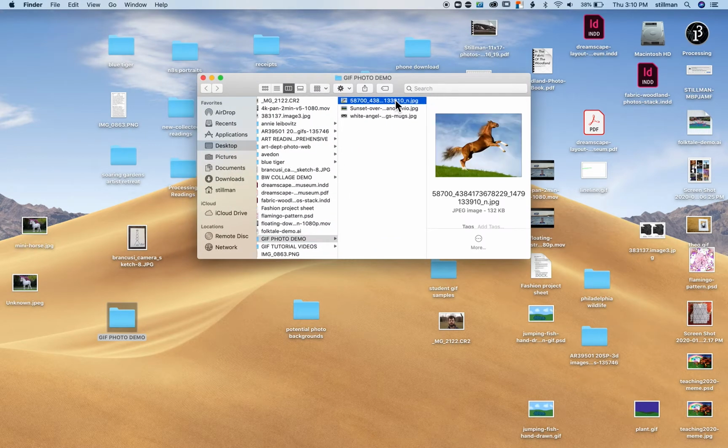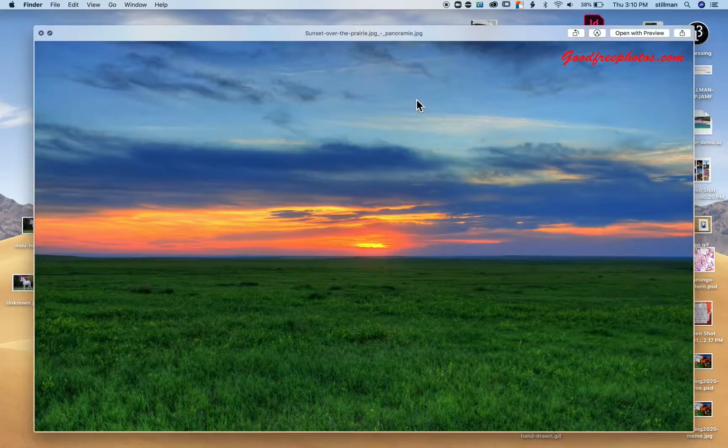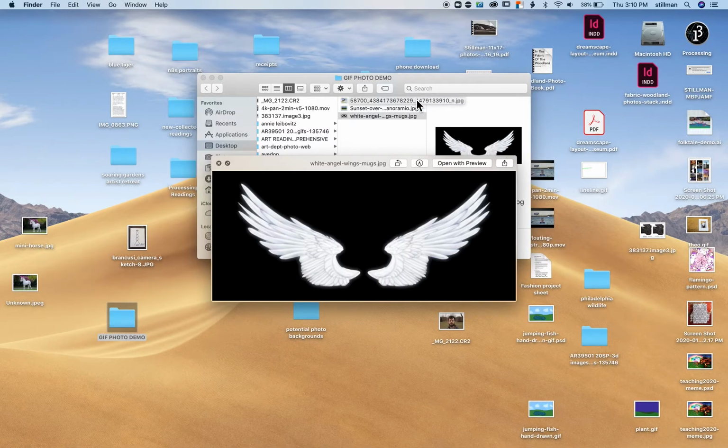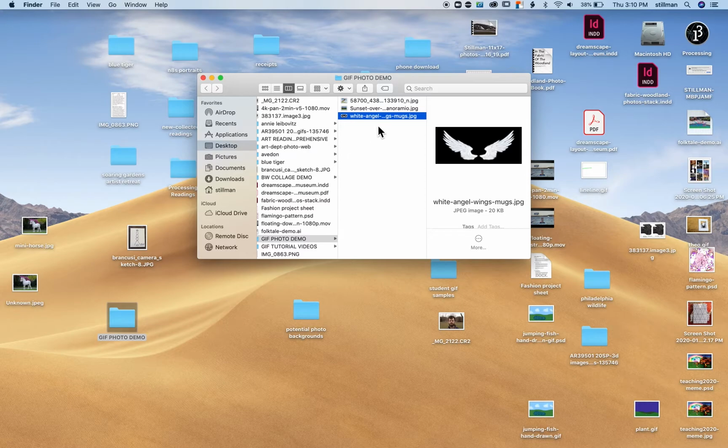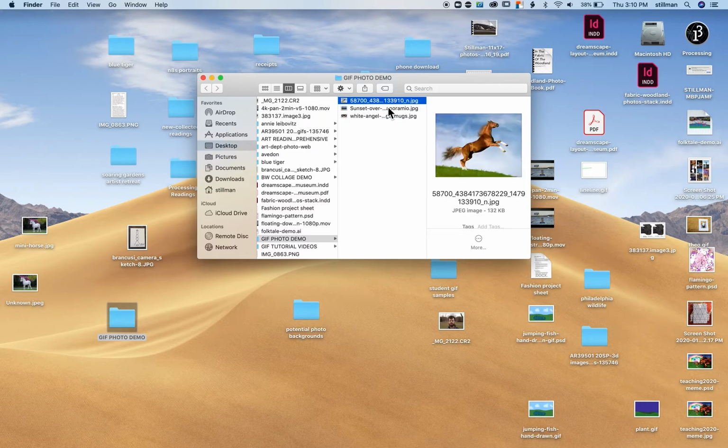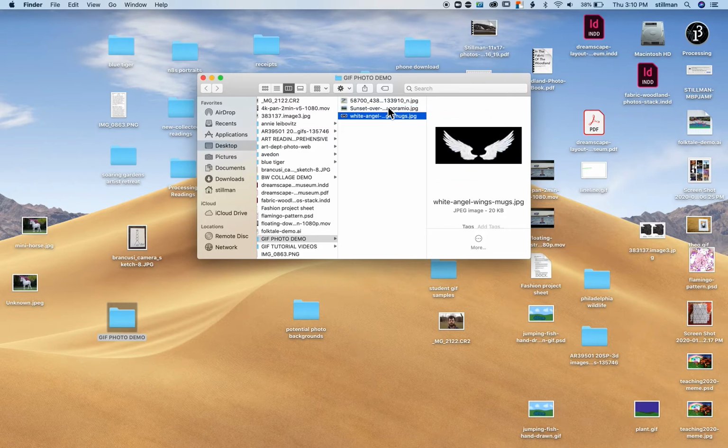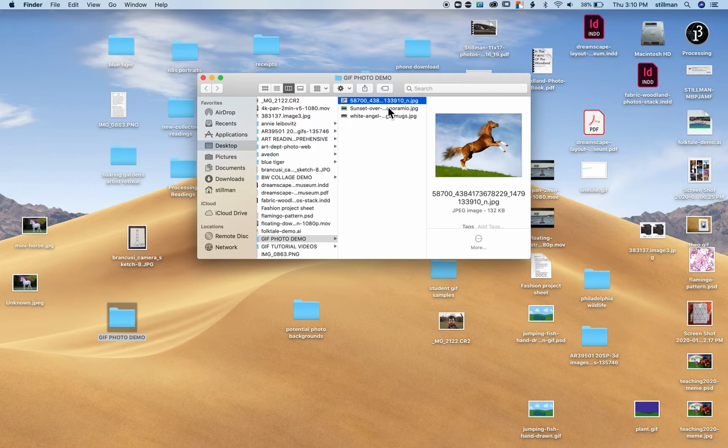And I already have put here my jumping horse. The background I'm going to put it on, and some horse wings to make it fly. So that's going to be the gist of my GIF. I need them all in this folder because when I make my GIF, Photoshop is only going to be referencing